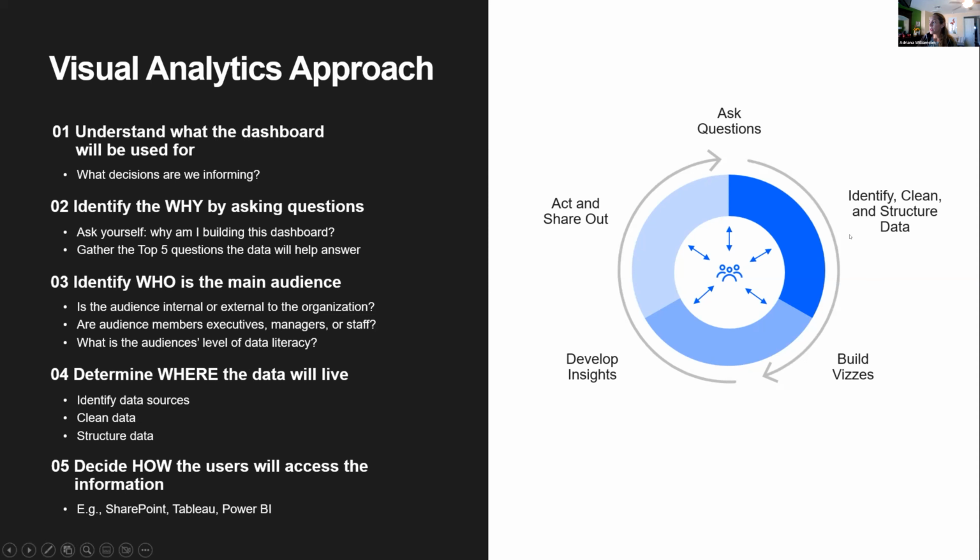And notice that on my circle, I have these arrows going back and forth, back and forth. The reason I have these back and forth arrows is that in every step of the process, you're never alone building this. You always have to go back to your stakeholder, your internal client or your external client, just to double check that while you're looking at the data, first of all, it's the right data, and you're still on track of